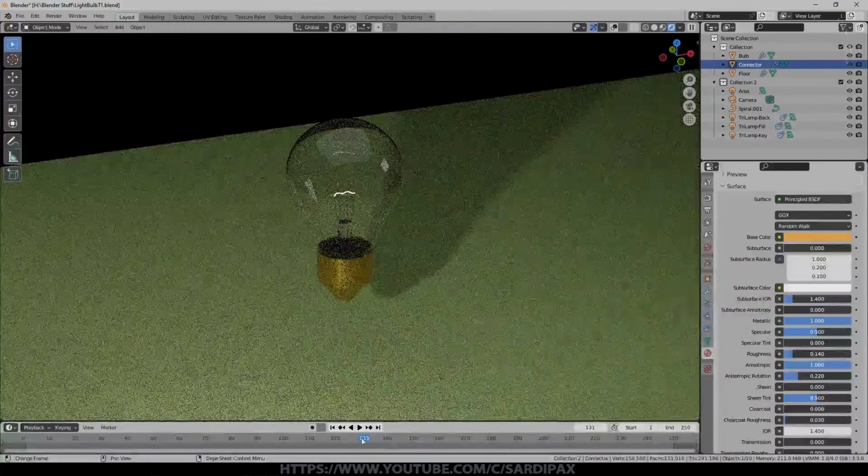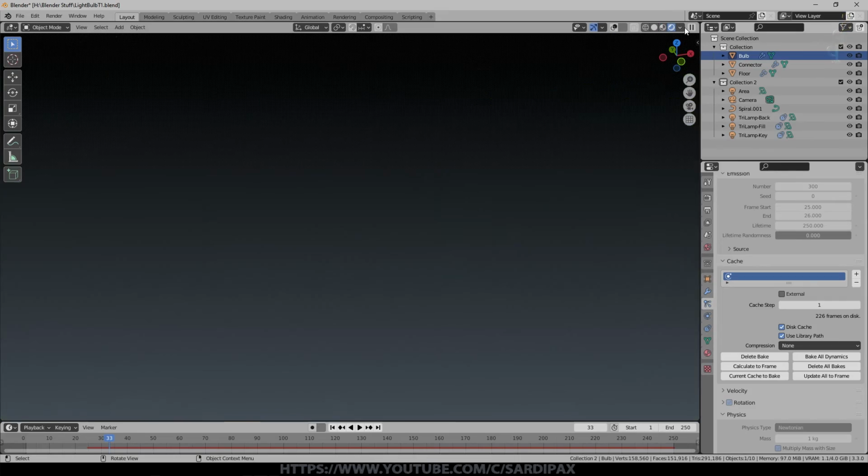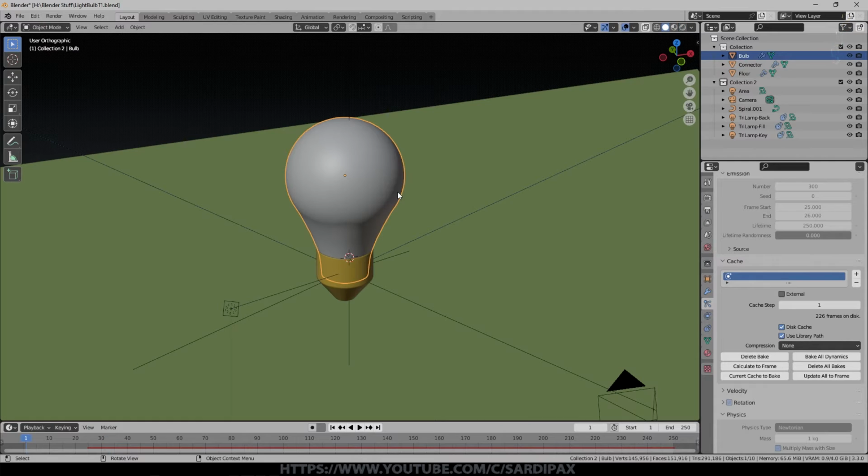There is a little bit we'll need to do in a while. Looks like we need to rebake our bulb, and then we can have a look at what that looks like. So you can see we've got our pieces of glass flying around the scene. So we'll worry about the noise in the scene later. So now we're ready to move on a little, and I'm just going to hide the glass bulb so that it doesn't get in the way.